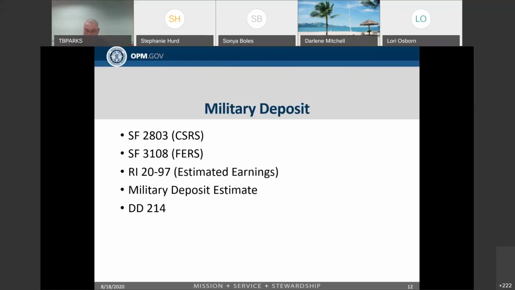To make the military deposit, the surviving spouse or former spouse needs to complete the forms and submit the same documentation to payroll as the employee. When they make their payment, they need to write the Social Security number of the employee on the check to make sure it gets credited correctly. Once received, payroll will create an IRR, an individual retirement record, for the military deposit, and then they send it to our office. A surviving spouse is not eligible to make installments like the employee was. The entire amount needs to be paid in one payment.